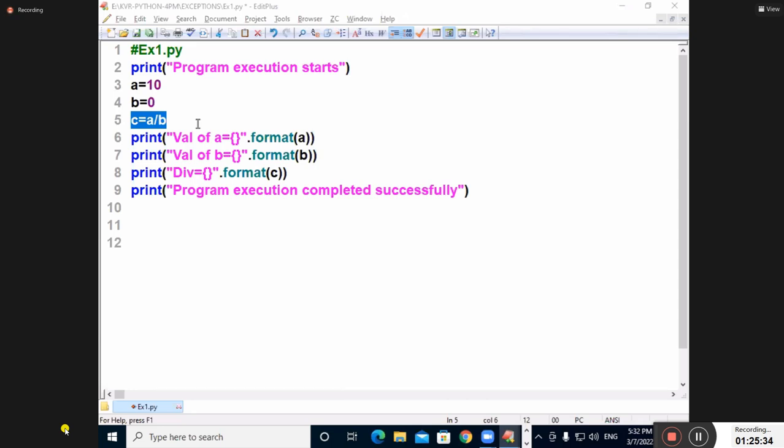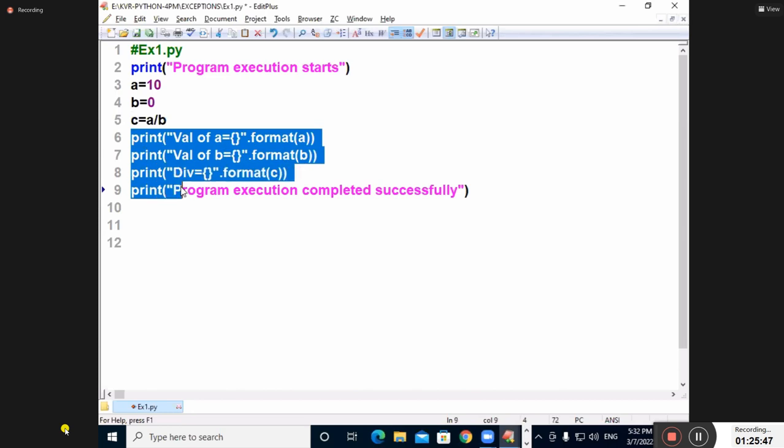Before giving the technical error message, what has to be done internally? Number one, abnormal termination is required. Number two, PVM comes out of the program flow. Comes out of the program flow means 6, 7, 8, 9 will not execute. Yes or no? Then what happens? PVM immediately sends one message on our face saying that you have entered wrong thing.